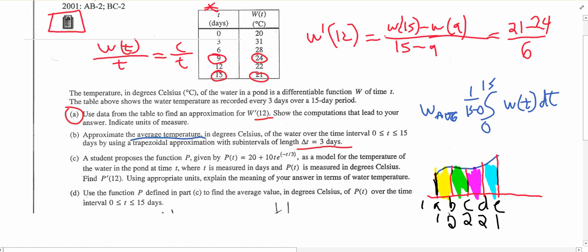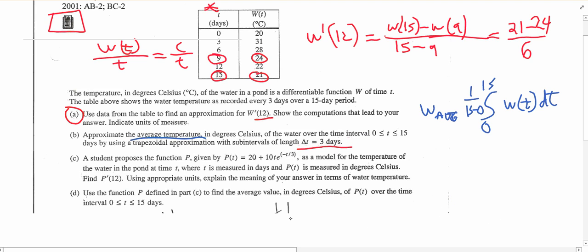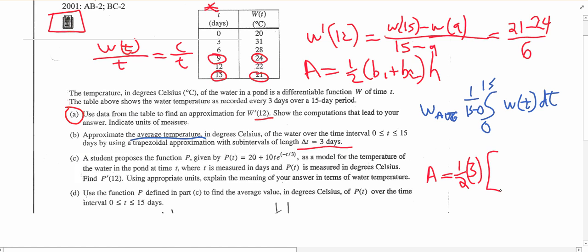So let's just set it up. I don't want this video to get too lengthy here, but it's good review, I suppose. So for the area under the curve using trapezoids, what is the formula? Now let's write it up here. Area for a trapezoid is 1/2 base 1 plus base 2 times our height. So our 1/2 and our heights are going to equal 3, right? And then we're going to just sum up the function values at